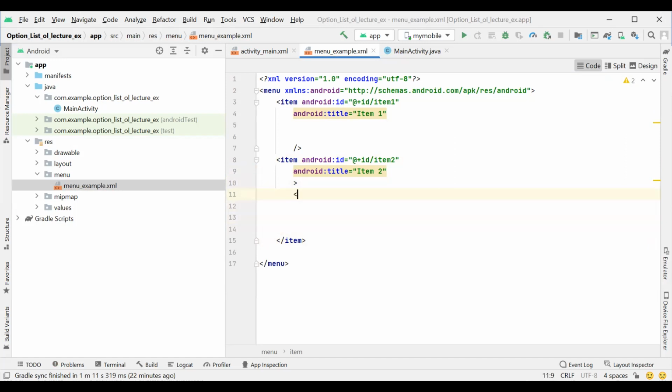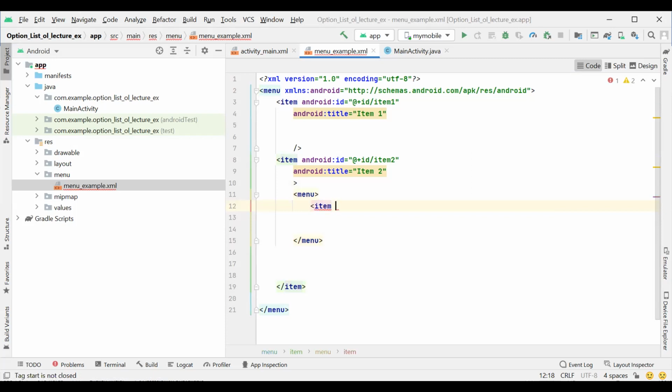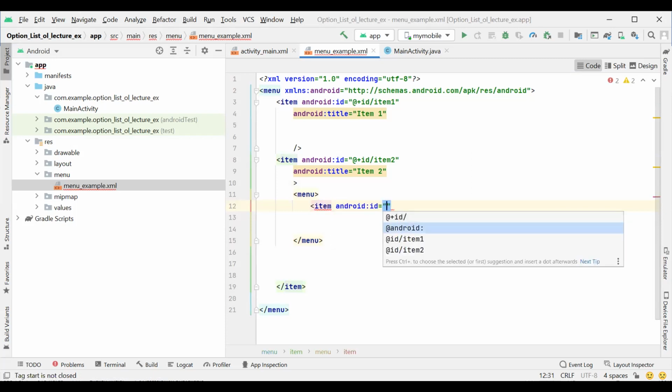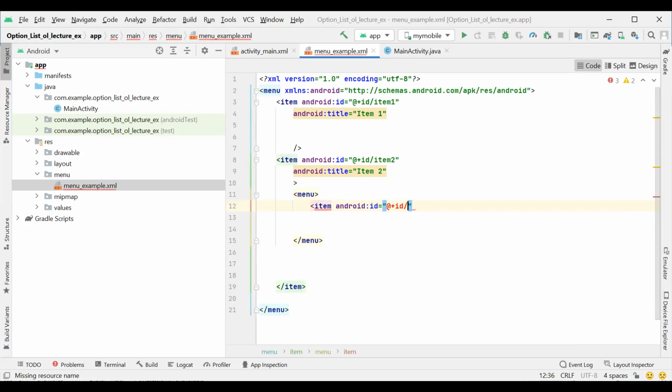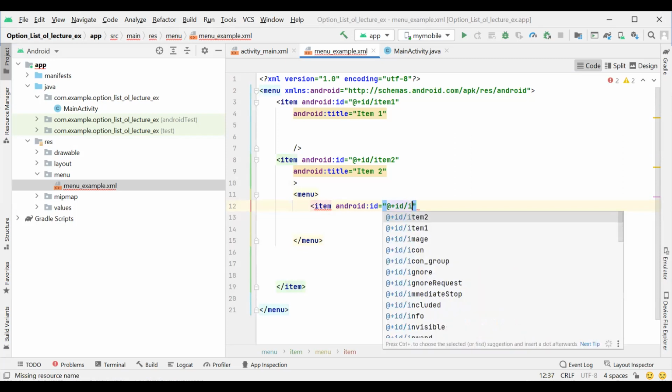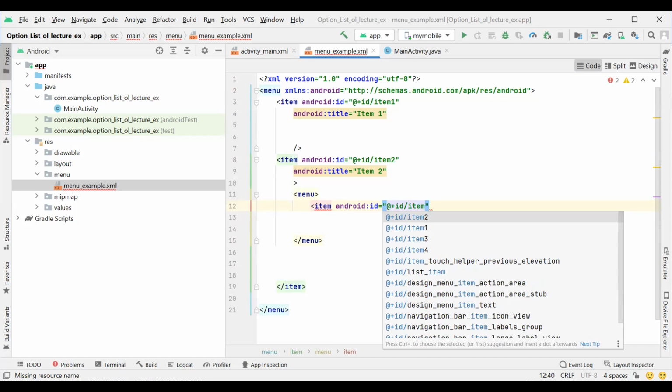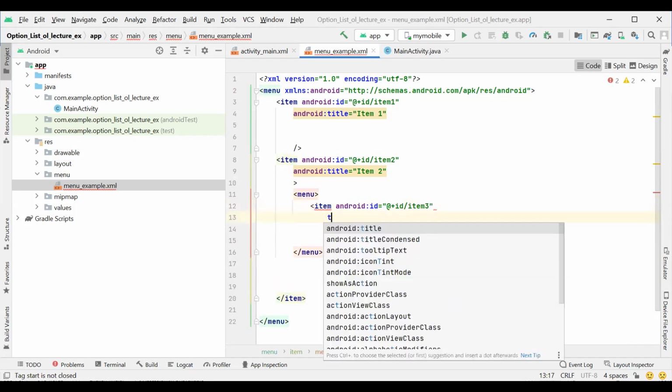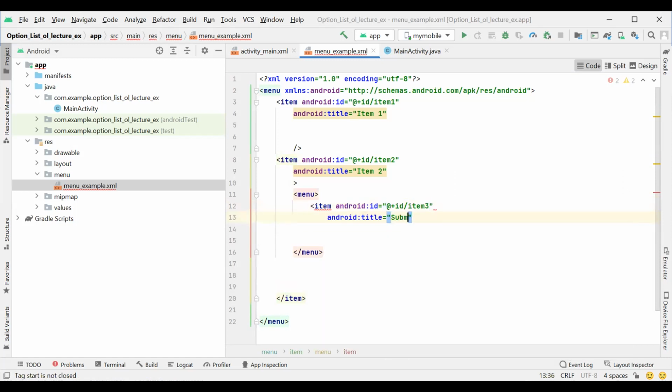Here again, we start the code with menu. This is the sub list menu under item 2. Here I use item, give the ID as item3, and its title is submenu 1.